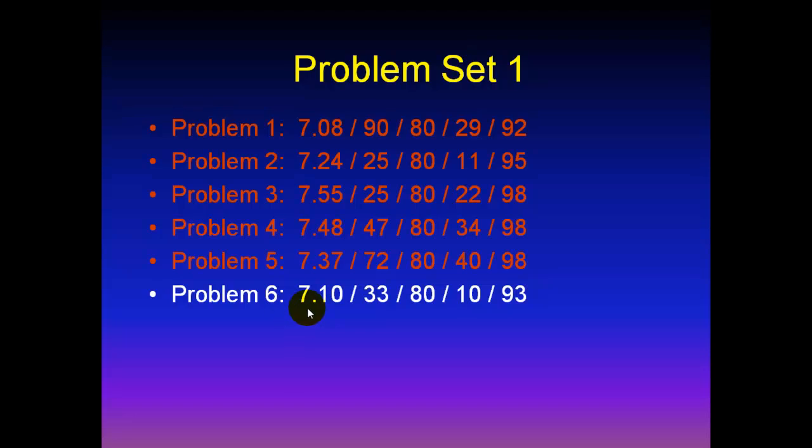Problem number 6. This is an acidosis. I hope you paused. Acidosis. It's not respiratory because the PCO2 is low, so it's a metabolic acidosis. However, the last two digits are nowhere near the PCO2, and in fact, if you look at Winter's formula, the